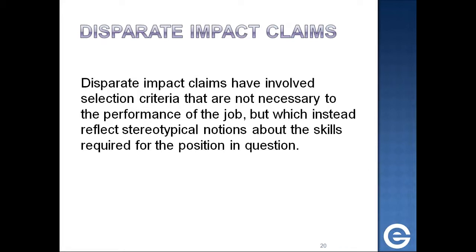Disparate impact claims have involved selection criteria that are not necessary to the performance of the job, but which instead reflect stereotypical notions about the skills required for the position in question. So remember, we talked about different